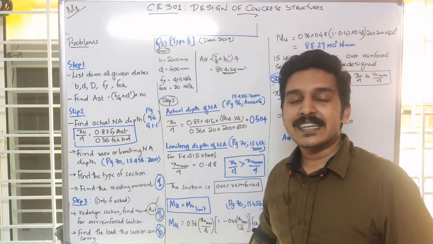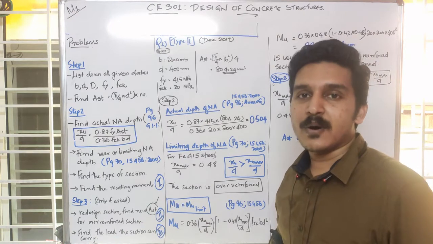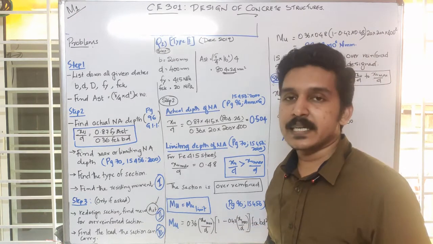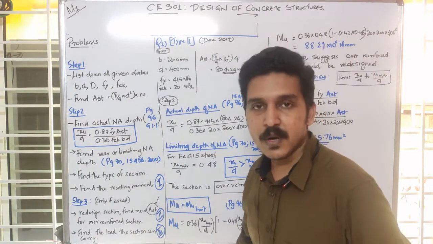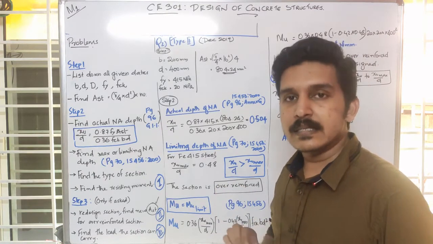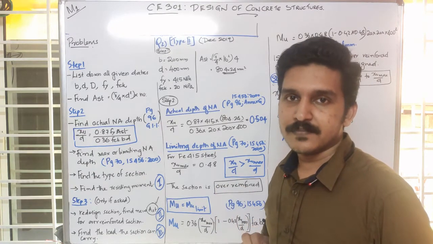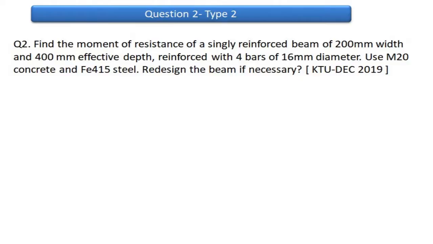Hi, in this video on design of concrete structures, we will discuss the type 2 and type 3 type of numerical problems. In the last video, I discussed the various steps involved in solving this problem and also one problem, the simplest form of it. In this video, we'll continue with it. We'll take up this problem which says that we have to find the resisting moment